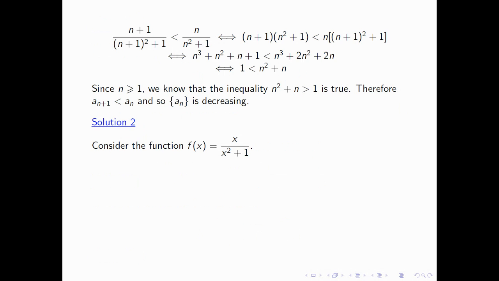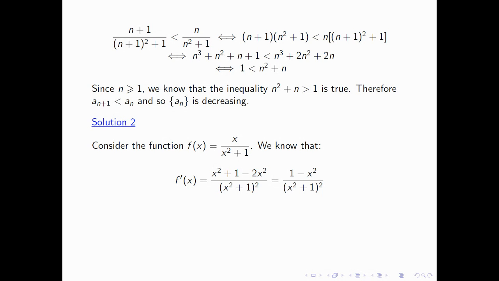If f of x is x divided by x squared plus 1, we're going to use calculus to show that this is a decreasing function. And so we do that by taking the derivative. Because we've got a quotient, we're going to use the quotient rule. So we say the derivative is the denominator squared, the denominator times the derivative of the numerator, which is 1, minus the numerator times the derivative of the denominator, which gives me 1 minus x squared divided by x squared